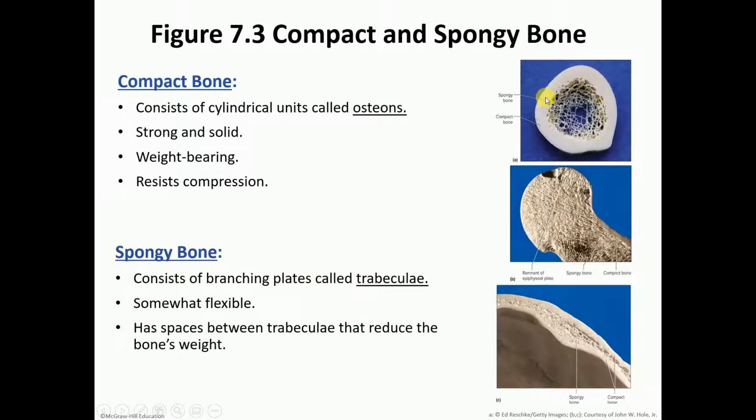Now, the little differences between compact and spongy bone. Compact, again, is cortical. It's on the outside. And on the inside, you can find the spongy bone. The compact bone, when you look at it under a microscope, is made out of these little osteons, and we'll talk about the structure of the osteons in a second. Compact bone is stronger and more solid. It helps in weight bearing, and it resists compression. But if all of our bones were this solid, the skeletal system would be extremely heavy. So in the middle,